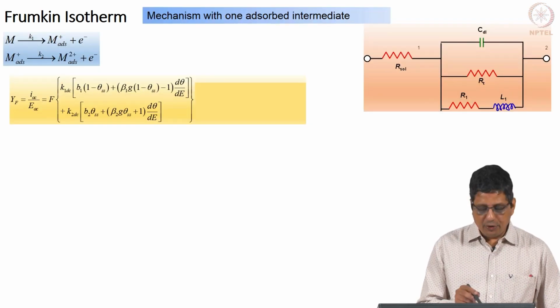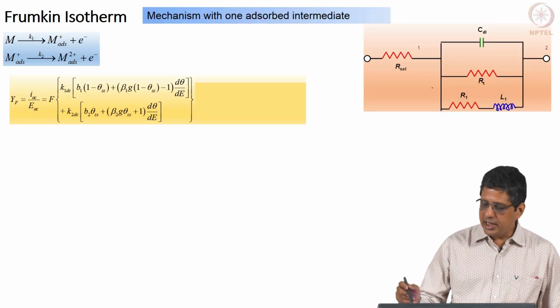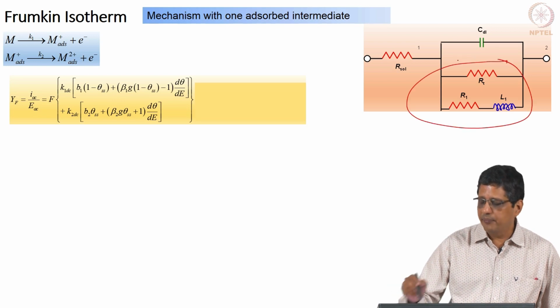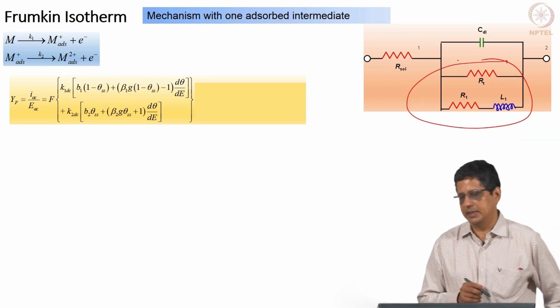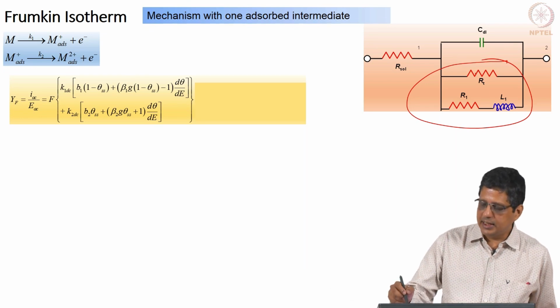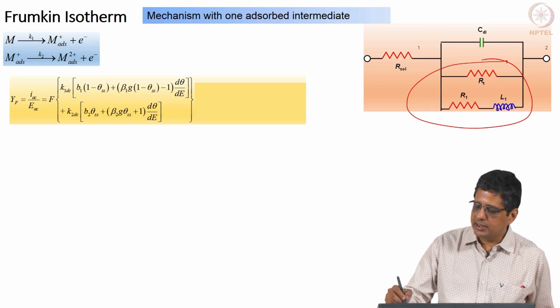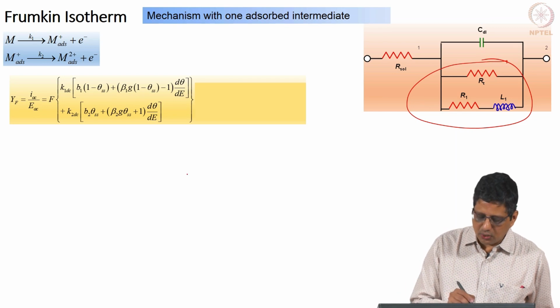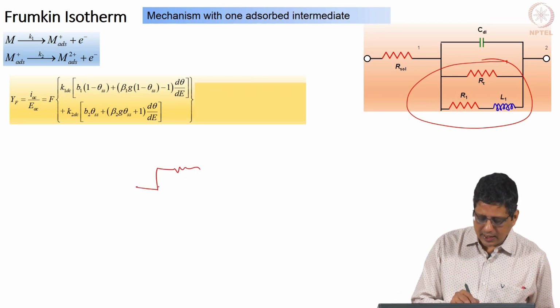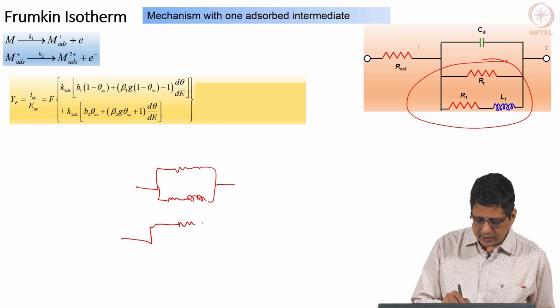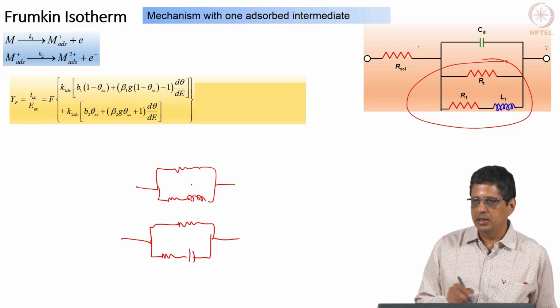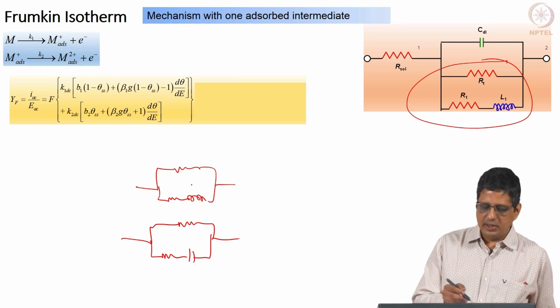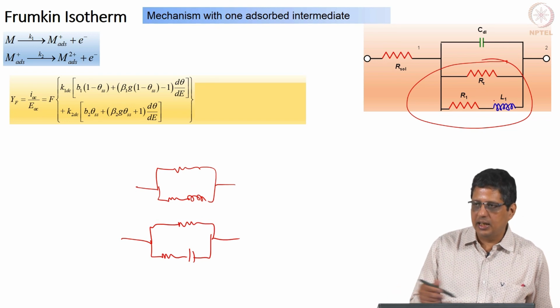Point here is, if you write like this, the Faradaic impedance can be modeled using a circuit like this. That it has a resistance, in this case I have written it as R1 L1, but we also know that any circuit that is given like this can be modeled by another circuit, or any impedance that is coming from this circuit can be modeled by a circuit like this. So, it is just that here it is easy to relate to the L here, but otherwise it does not mean it has to be an inductance.